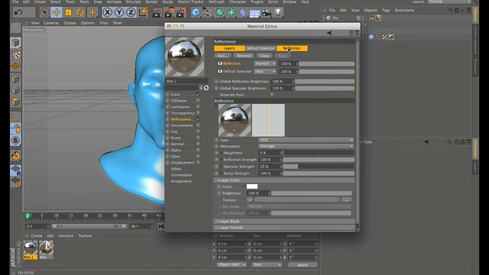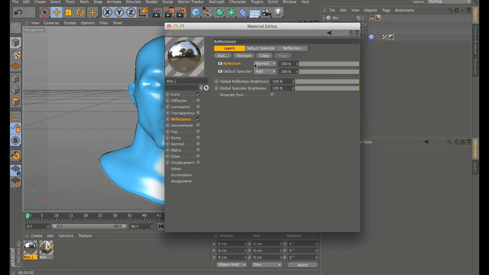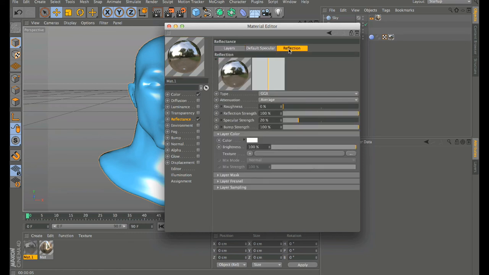name. So here's my default specular layer, here's my reflection layer, and then I have the layers controls overall, how these things are working together. So we're going to spend a couple minutes talking about how we can set this up. So if I go to my reflection,